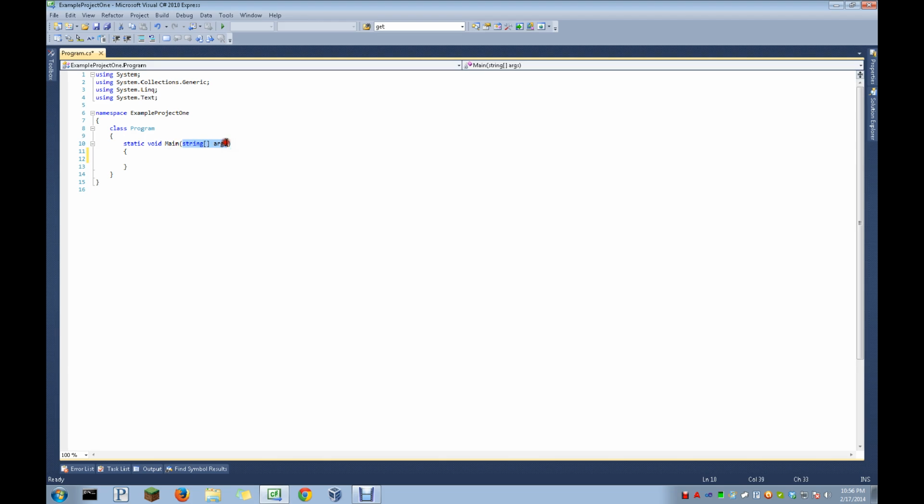When you call a method, you have to supply it with certain variables or arguments. What is in between your parentheses are arguments. So this particular method has one argument, an argument which consists of a,